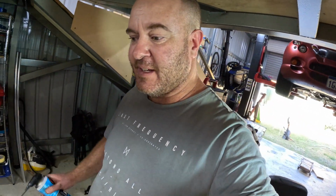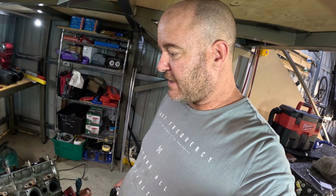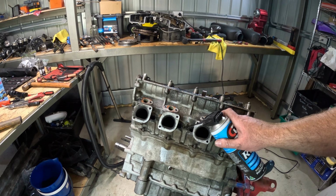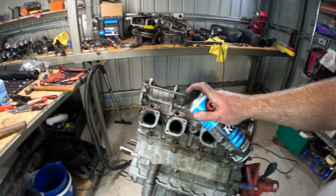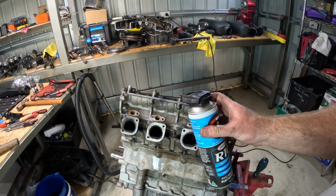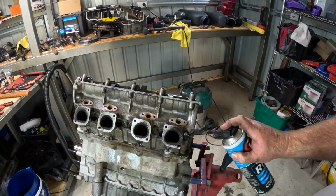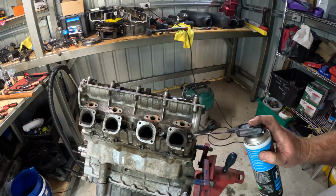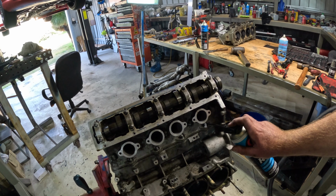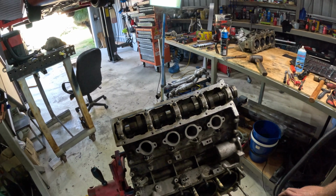Alright, here we are once again. Decided I've got to have a bit of a rethink, pull this other head off. I really don't want to be using the methods that I had to resort to with the other head, so what I've done around each one of these studs, I've basically hit it with brake cleaner, compressed air, and now I'm just going to soak every one of these in this penetrating oil. I like this one because the little squirter looks like the turret of a tank. I'm just going to soak each and every one of these in oil, and then I'm going to have a beer, let it soak in, and then I spray it again and again,